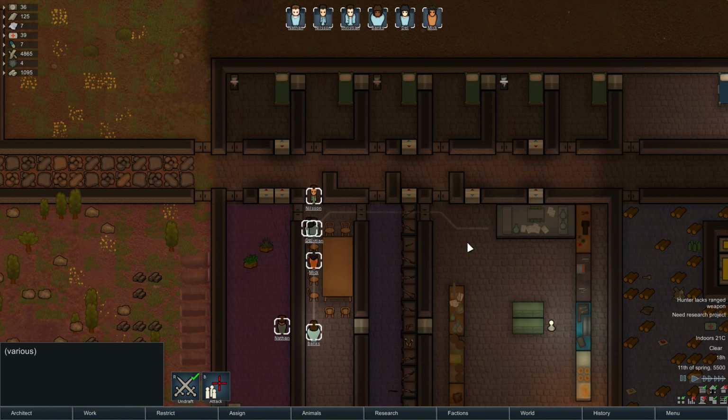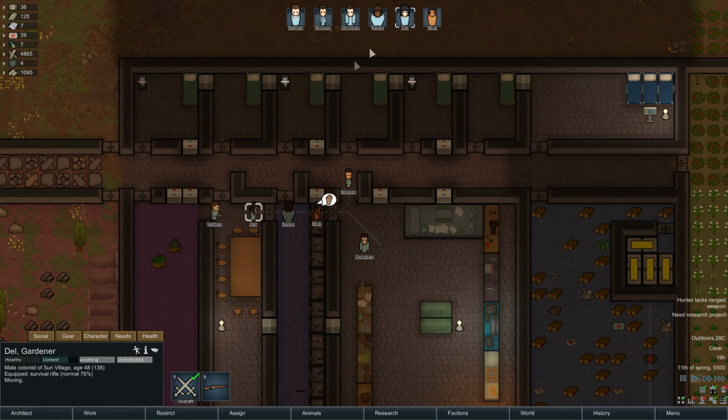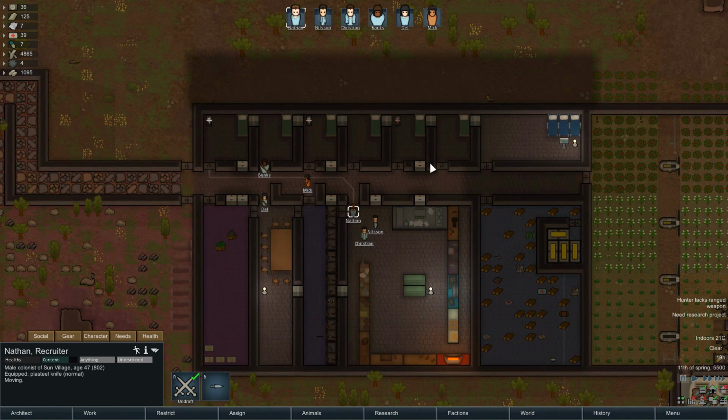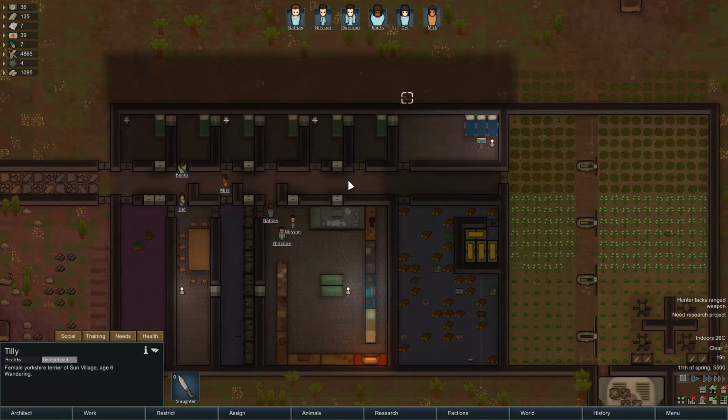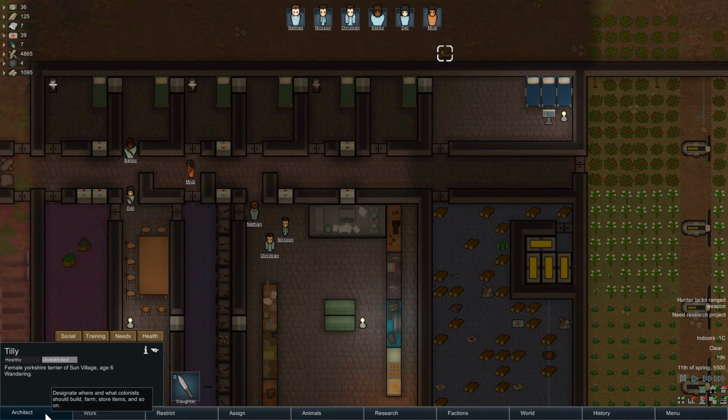Let's go ahead and draft everyone over here and we'll start moving everyone around. Again, we want Banks over here, Dell over here, Mick behind cover, and then Nathan to lock people down. Now, one of the things that we didn't do before, and we want to make sure to do this time, is to get our poor little Yorkshire Terrier inside so he's not getting stabbed in the junk with various shivs